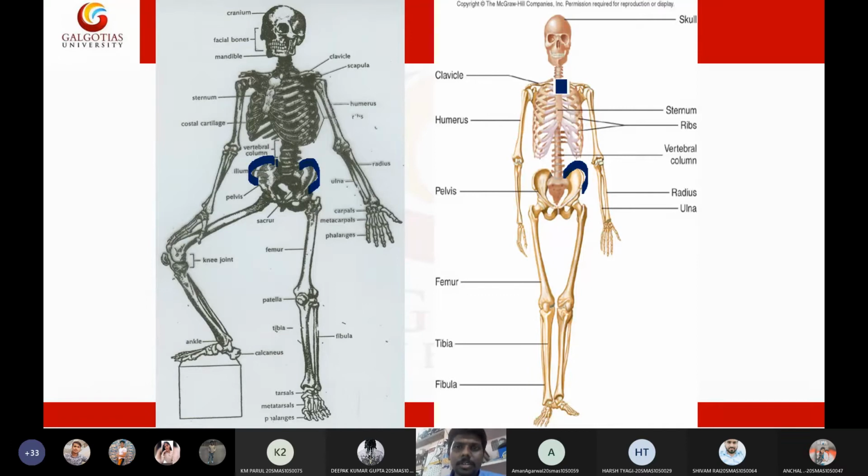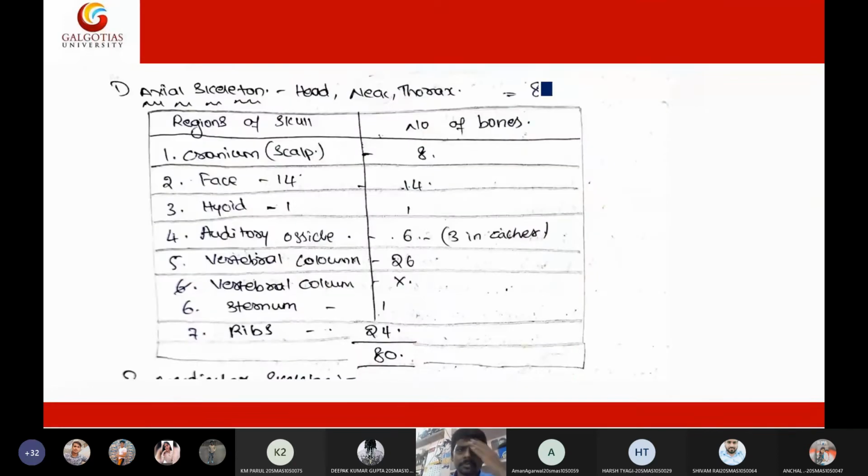Then we have the collarbone. On the top of the rib cage, you will see a lateral bone. This is the only bone which is floating. There is some interesting feature for this clavicle, which I will tell later. So this is the only floating bone in the body. The clavicle is also called the collarbone. These numbers are very important.